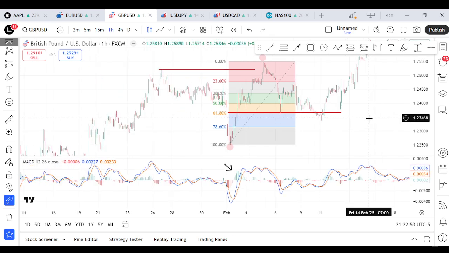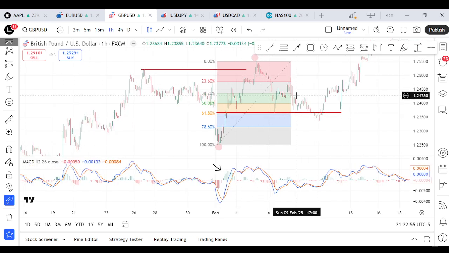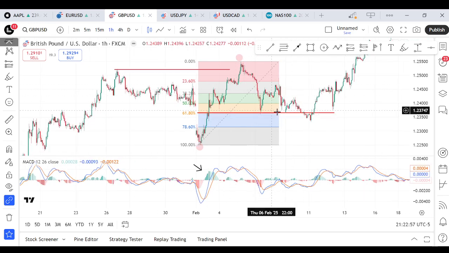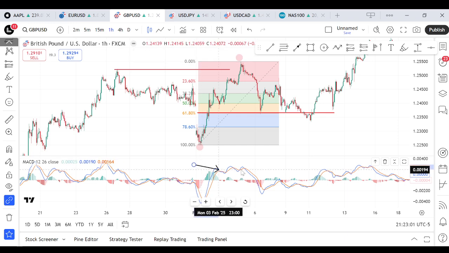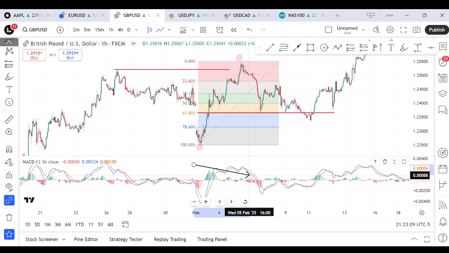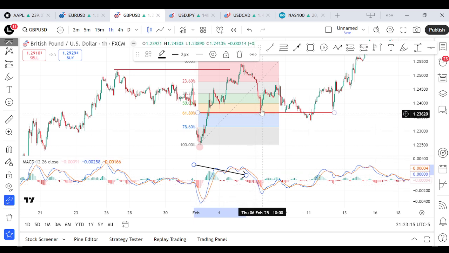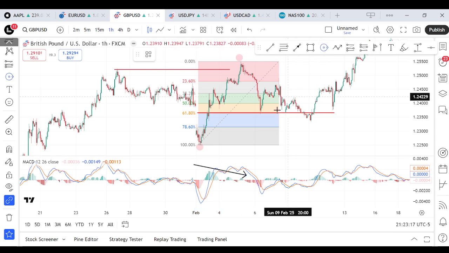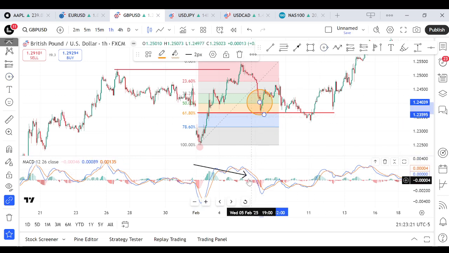After we've plotted our Fibonacci, you can see price reacting to these levels, but the MACD is not confirming these bullish signals which we are getting from the Fibonacci. For example, you can see that the MACD is giving us a bearish momentum. We have the MACD line below the signal line, which shows that we are bearish. Even as we've approached the 50% and the 38.2%, the MACD shows that we are bearish, so we can't